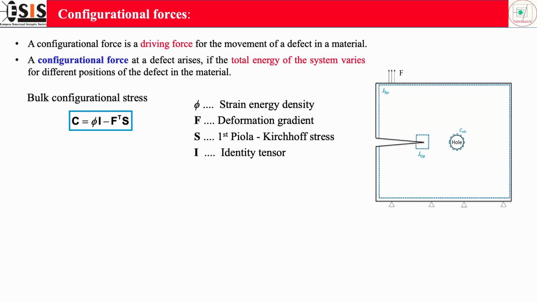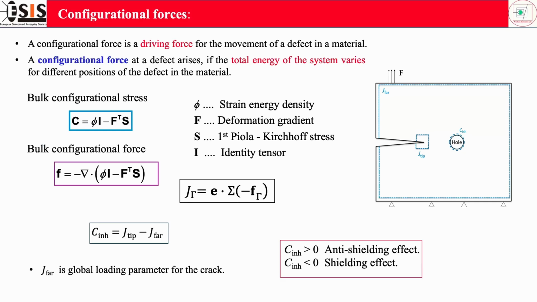Here is the example of a simple compact tension specimen where the near tip contour and the far field contour are mentioned. Through this configurational force concept, we can find out the value of the near tip contour as well as the far field contour. The bulk configurational force can be expressed as the negative of the divergence of the bulk configurational stress, and the J integral for the particular contour, whether near tip or far field, can be expressed as a vector dot product of the bulk configurational force, like a summation of that. From there, we can find out the value of the near tip J integral as well as the far field